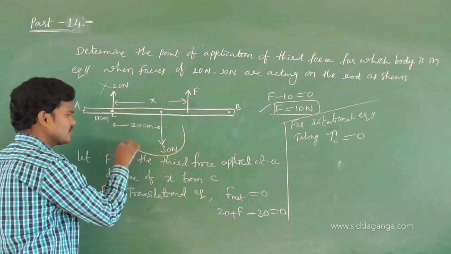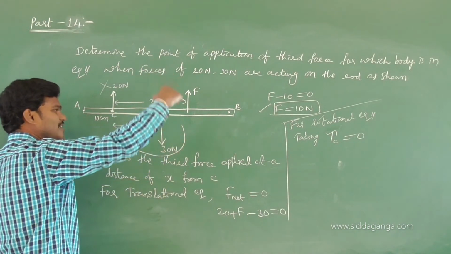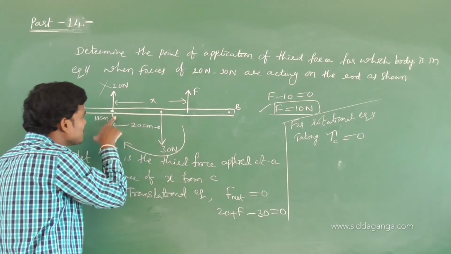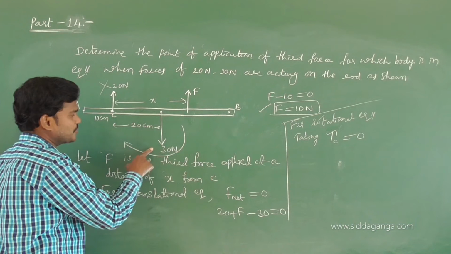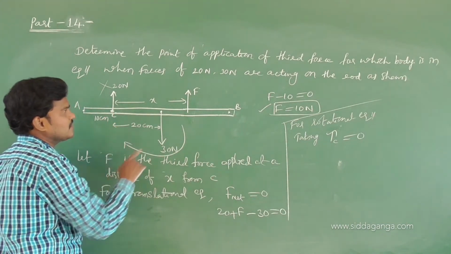30 Newton will create a torque like this. What is this? Clockwise. Arrow tip, edge right side. Negative. Clockwise. 30 Newton will create a torque about C. Coming to this F,